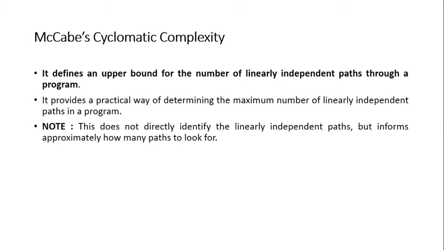So by hit and trial we can identify what those 10 will be. But if you are not aware that there will be 10, you will keep on searching by hit and trial. Someone will identify 3, someone will identify 4. So it may vary, and that won't be exact. And if it is not exact, ultimately test cases will not be properly designed and some flaw or error will be left out in your system. So this method is basically used to tell the maximum number, or the total number, of linear independent paths present in your system, and then you can try it.